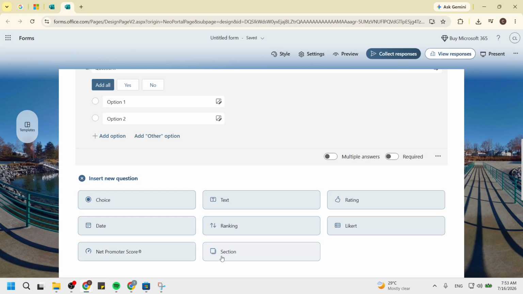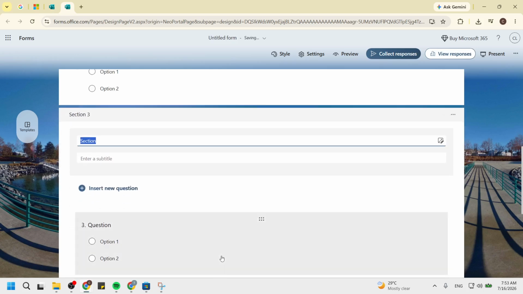Next, select Section from the menu. This option allows you to create a new section in your form. When you select it, a new section will be created immediately below the question you chose. This action is important because it helps you to segment your form, making it more user-friendly. Your respondents will appreciate the clearer structure, and it will make it easier for you to analyze the responses later